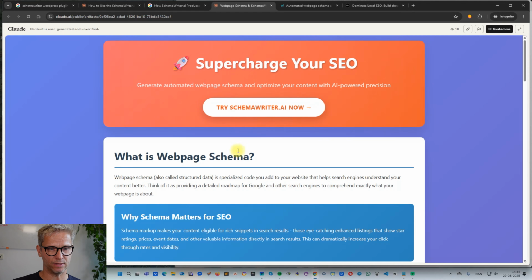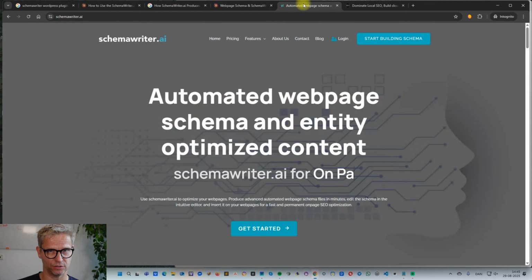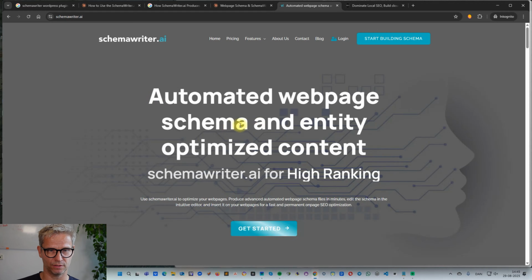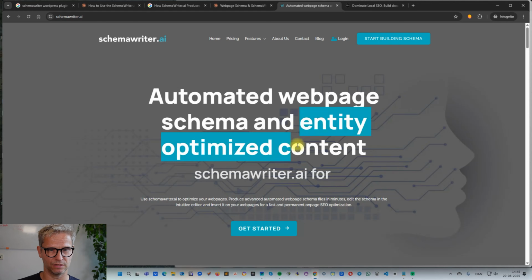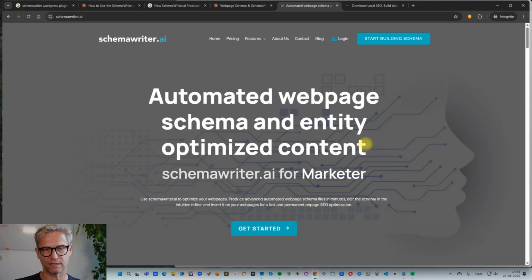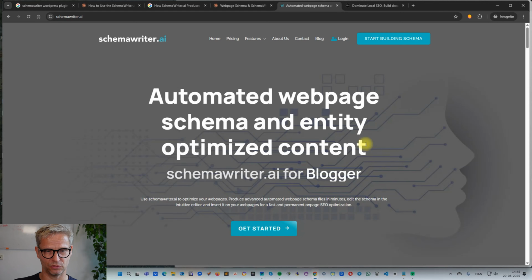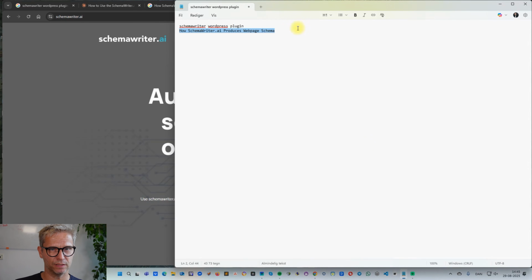Well, what I would suggest to think of is what is it that you are offering on the target URL. So in the case of SchemaWriter, it has to do with web page schema, it seems. So it's schema, it also has to do with entity optimized content. So you could say that schema code, JSON LD schema code and entity optimized content is in the realm of on-page SEO, right? So it's on-page SEO optimization, on-page SEO. So what I would do is